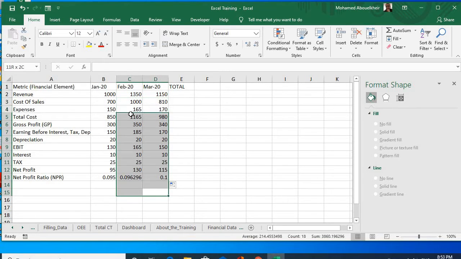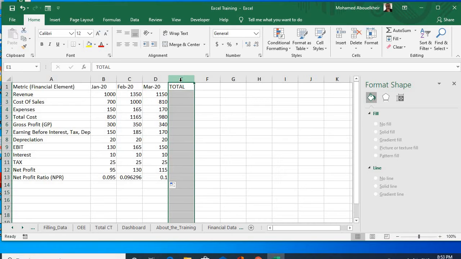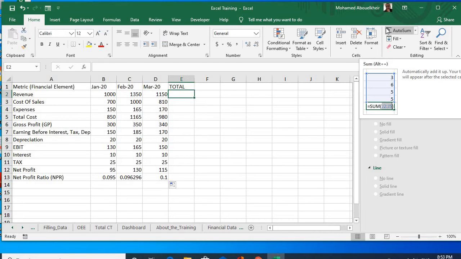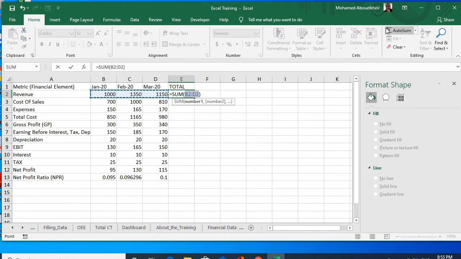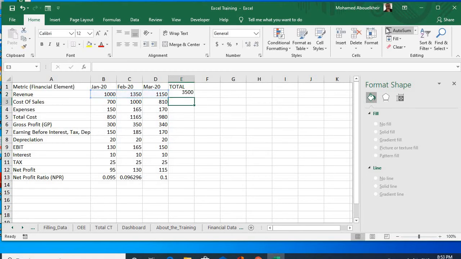Now, as you can see here, there's a total. If you'd like to get the total of this quarter, you're able to, and if I highlight it, I can insert more months. But let's work with these 3 months. The total, you can do in different ways. You can use the auto sum here. Excel is smart enough to pick these 3 months. You push enter, and then you copy it all the way,